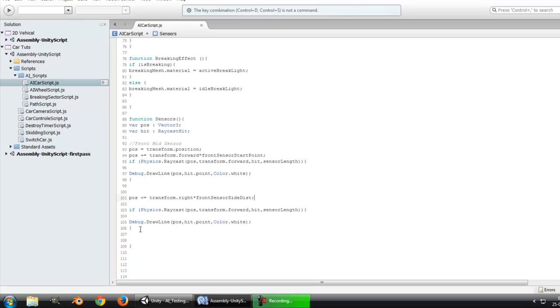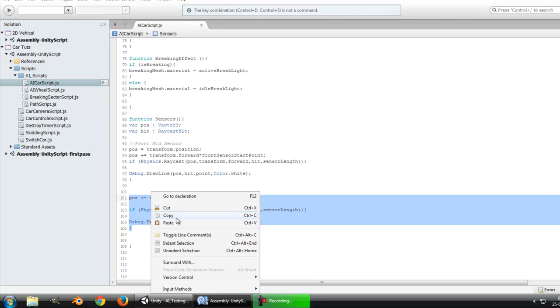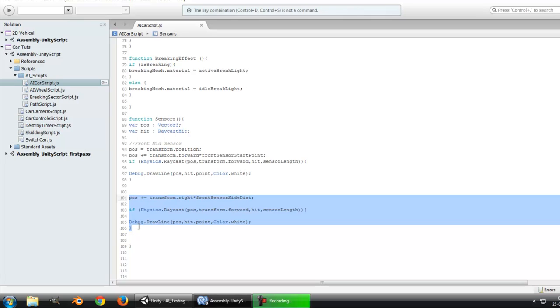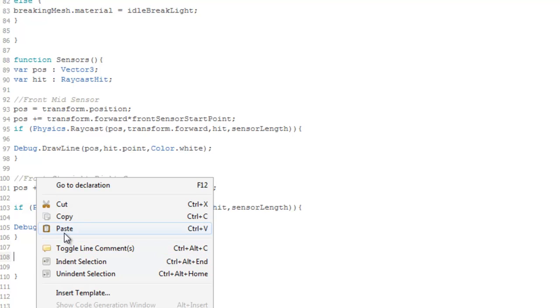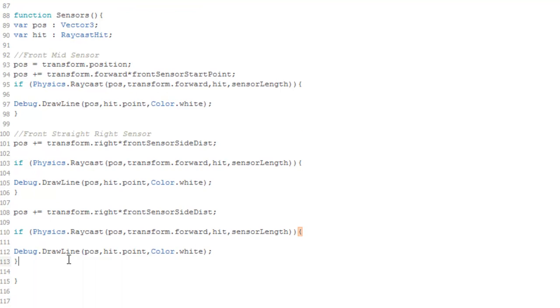So okay, so this was the right sensor. Now, in order to create the left sensor, all you gotta do is copy this. Actually, I'm just gonna go ahead and rename it to front straight right sensor. Okay, so this is the front straight right sensor, and now what we're gonna do is create the